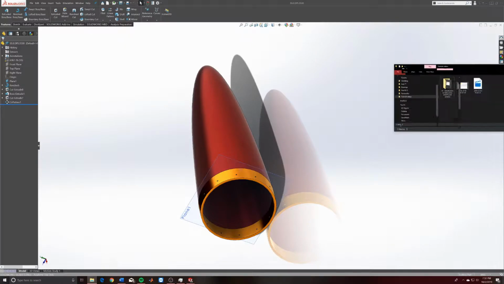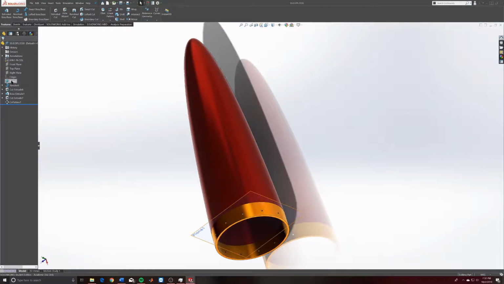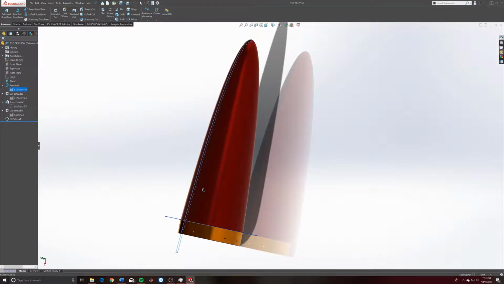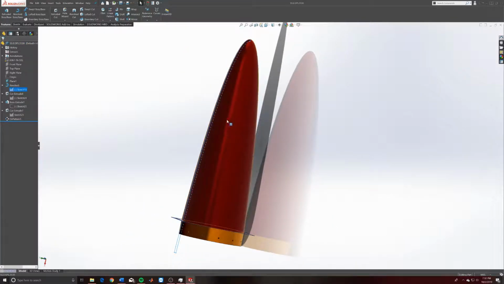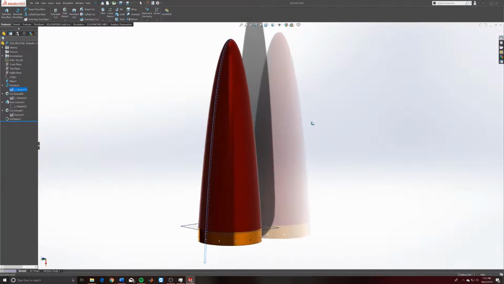Alright guys, once you have a part loaded up, you can actually see over here on the left hand side that there are more steps, or more branches, in the tree. You can expand and retract these, and you can view the underlying sketch for the part. The part that I just grabbed is a nose cone for the FTR project,